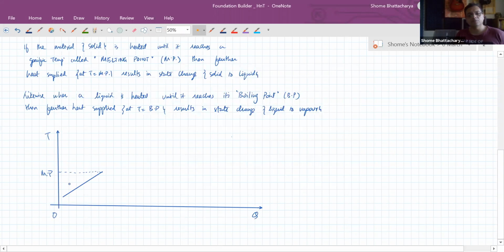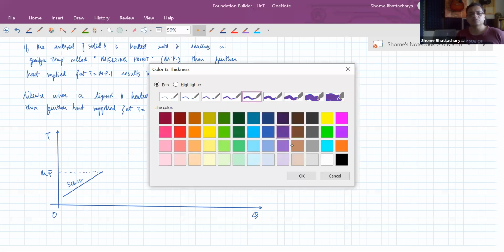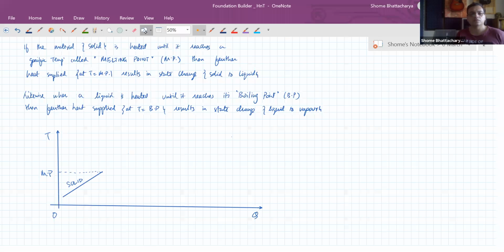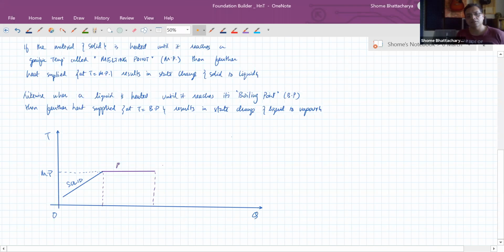So the moment the melting point is reached, further heat supplied will now result in the process of melting the solid into liquid. So that is the state change. So during that state change, what will happen? The heat supplied will result in state change without the temperature changing. So during the second part of the process, there is melting occurring from solid